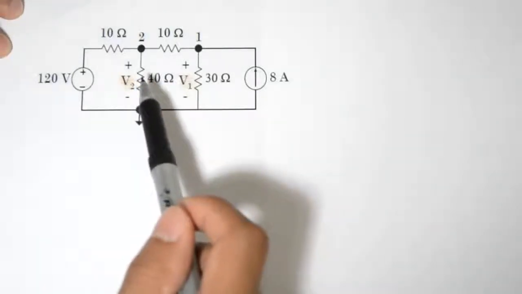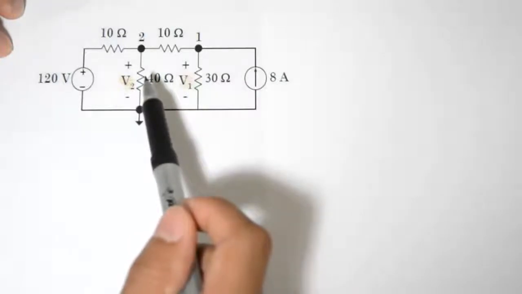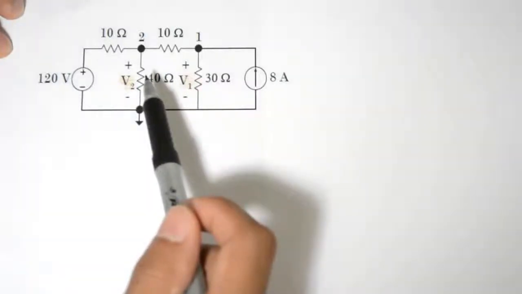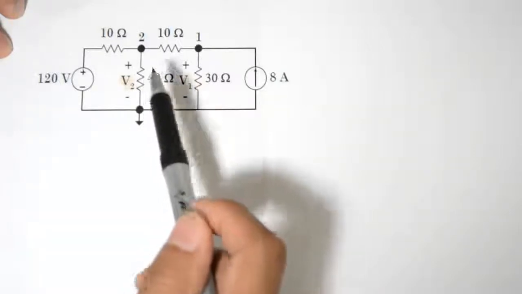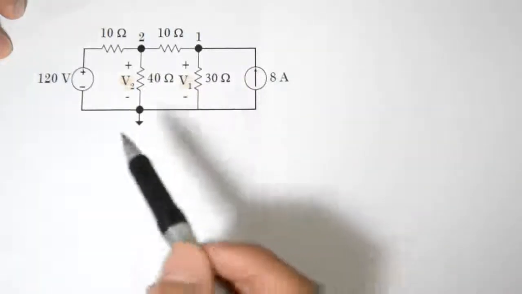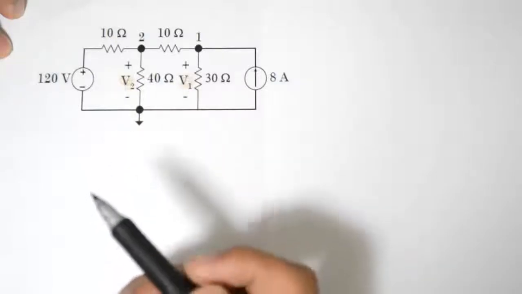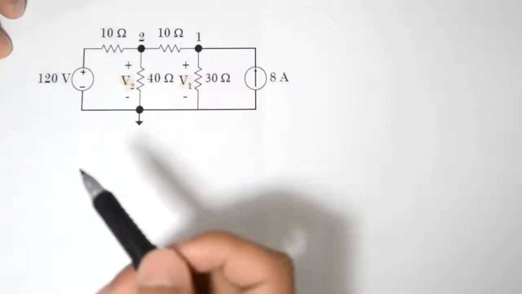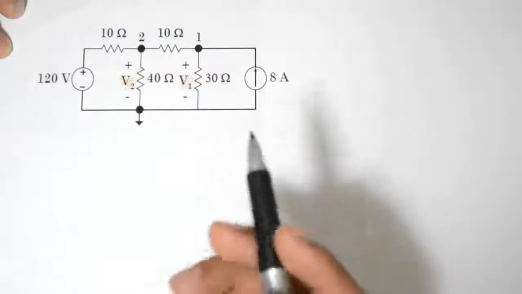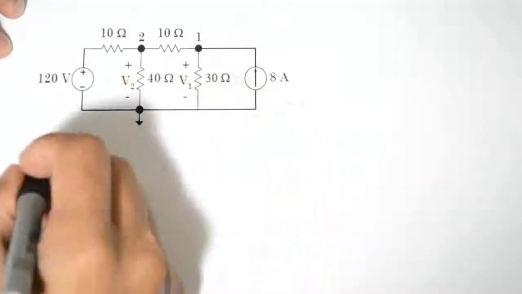So we know KCL, that the current entering the node and the current exiting the node, their sum should be 0. So what we can do from KCL and our Ohm's law is that we can make two equations to solve the circuit. So if you look at node 1,